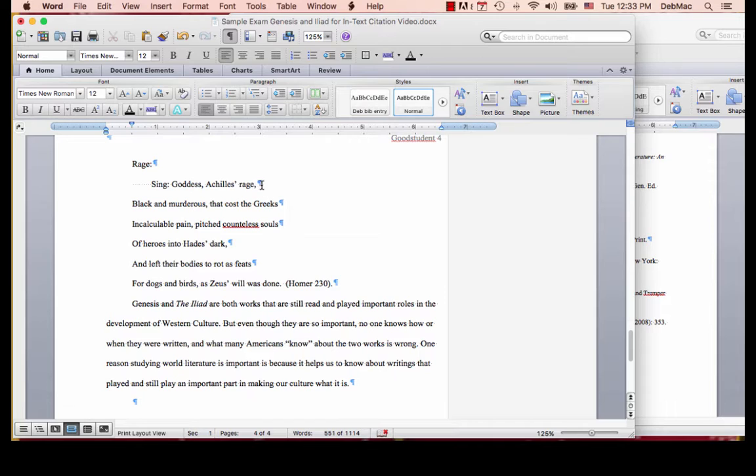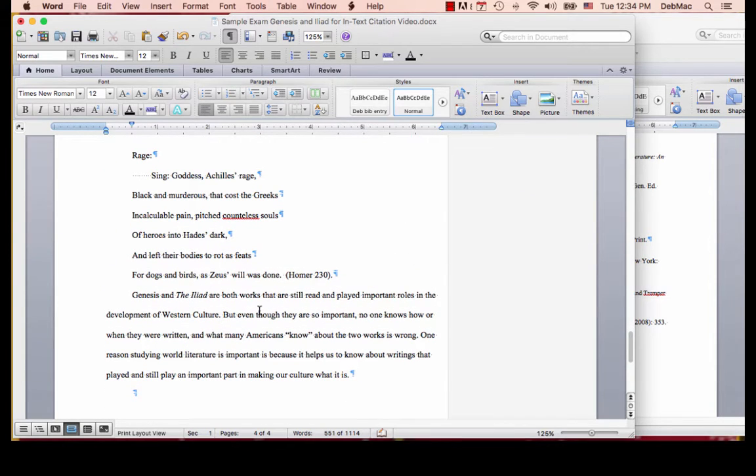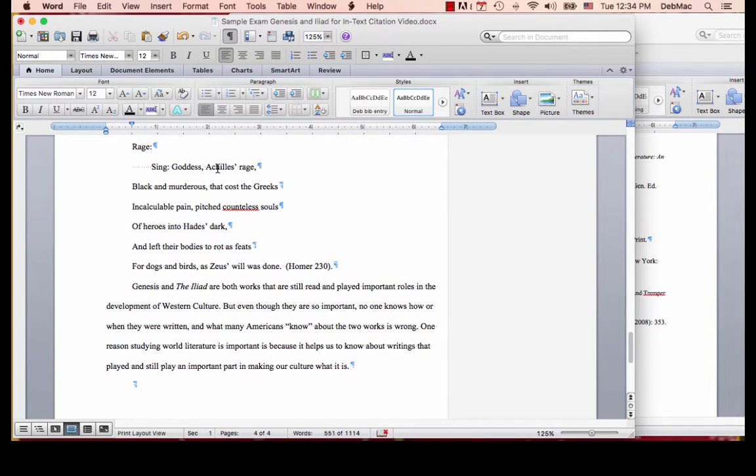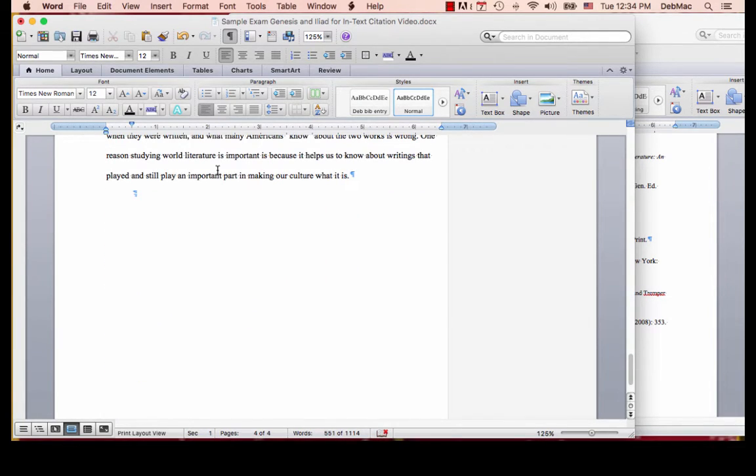And for poetry, of course, you have the line breaks in the same place that the line breaks appear in your text. Okay? And then this is an example of a time that the Iliad, italicized, is used in the text, but then the citation in parentheses is Homer, and that's the page number that this opening poetry to the Iliad appears. Okay? So after she's done with her paper, she'll skip a line or two, insert a page break,